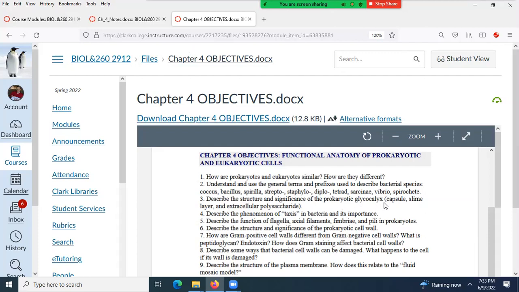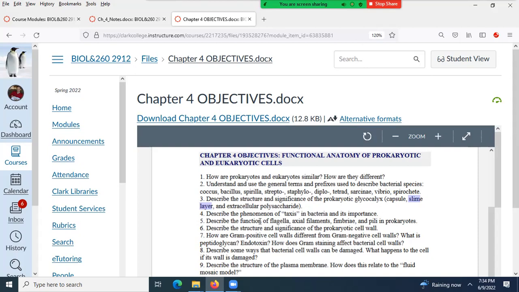Oh, number 4, here we go, capsule. So the other glycocalyx are a capsule. If you can see it under the light microscope, the cell is making a capsule. If you cannot see it under the light microscope, we then call it a slime layer. The slime layer is mostly water, and you need an electron microscope to be able to see it. The capsule has more molecules in it other than water. But a glycocalyx can be a capsule or a slime layer and an extracellular polysaccharide, but this last one is only seen in a biofilm.